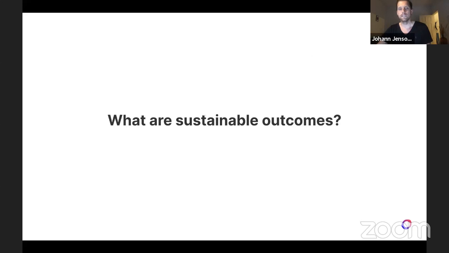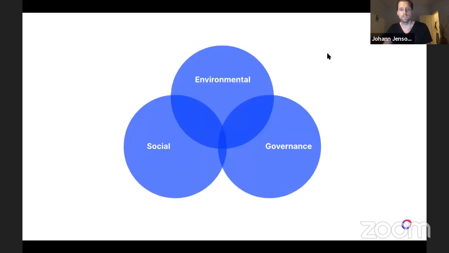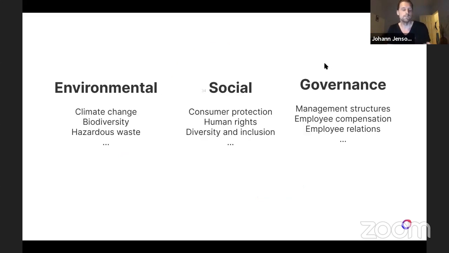Okay, so what are sustainable outcomes? As I was mentioning, you've got environmental, social, and governance to look at, and within each of those clusters, under environmental you could look at climate change topics, biodiversity, hazardous waste, and the list goes on. Within those, you could define your specific metrics. There's social and governance to focus on as well, and every company can potentially have a stronger impact here or there. In the case of Grover, we try and target all three of them. I think we're really strong on environmental topics and potentially on governance topics, where we try to support government initiatives like the European Green Deal.